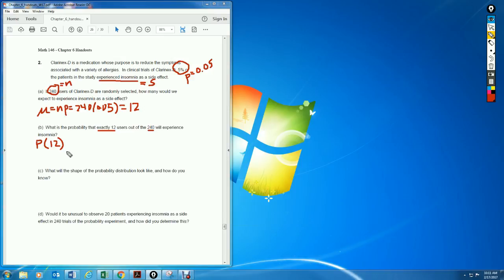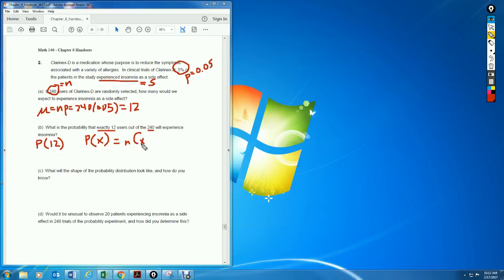Now, in this case, we cannot look it up in the table because the sample size is 240. The table does not go up to a sample size of 240. I think it has a maximum of n equals 20. So, of course, we can do it with technology. If you were doing it in the classroom, the only other option would be to use the formula and calculate it by hand. So remember that the formula for P of x for a particular value of x, which in this case is 12, is